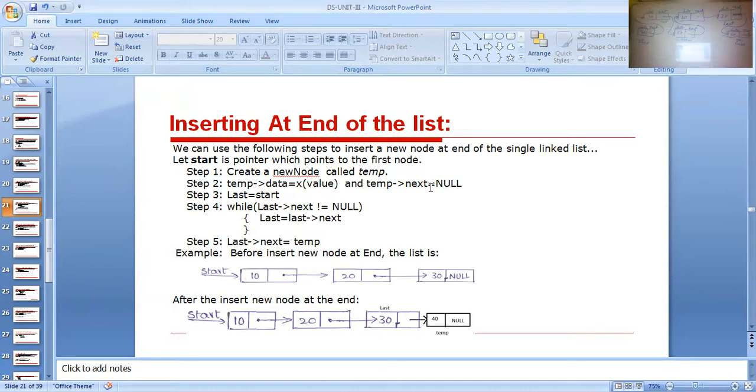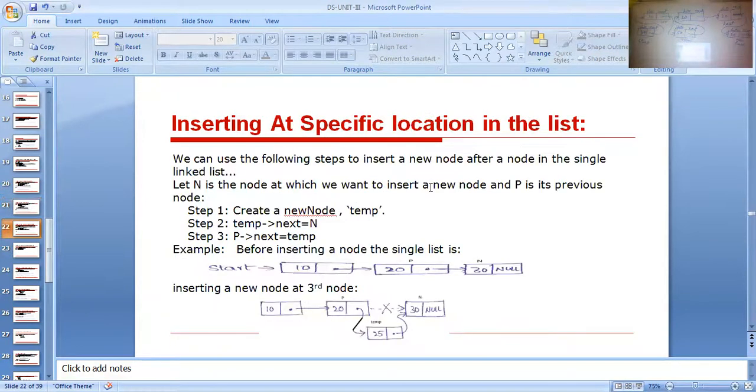Clear? All of you? So then the next one is inserting at a specific location in the list, which position you want to insert an element. For example, second place. Then is it possible to insert? Yes, possibility is there. Clear? Possibility is that this is a list here inserted. Clear all of you? So this is a list. So then inserted. Okay? So then simply, inserting at a specific location.